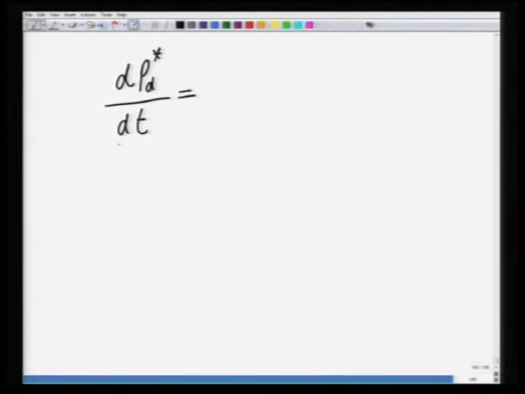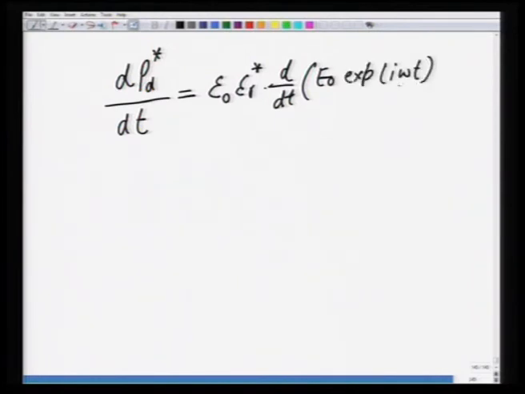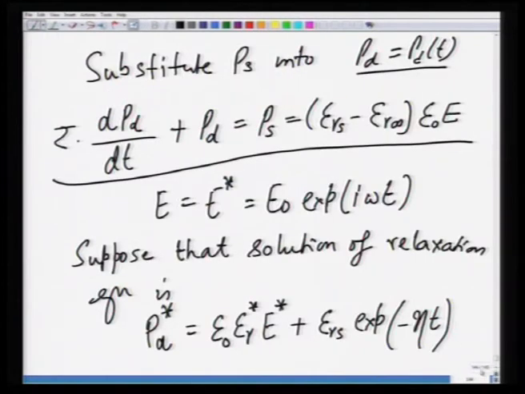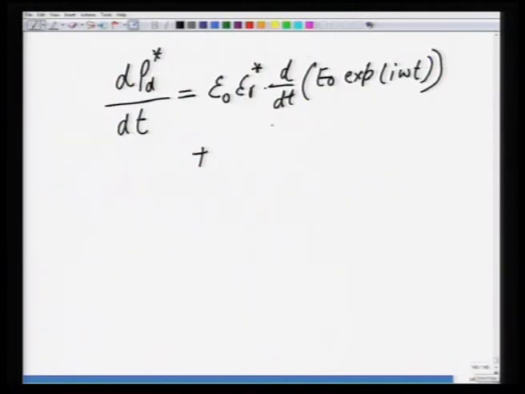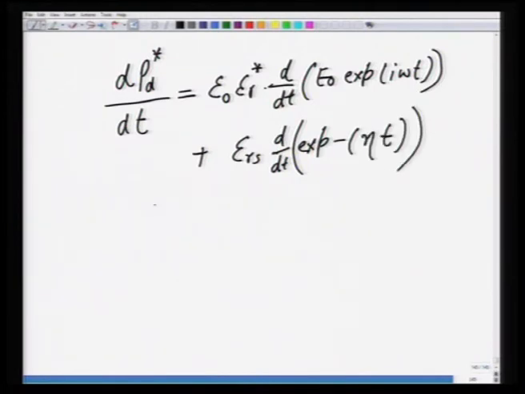So, differentiate P_d star with respect to time. So, dP_d star by dt is equal to epsilon naught epsilon_r star, d by dt of E naught exponential of i omega t plus the other expression, epsilon_rs into exponential of minus eta t. So, when you do that, this becomes epsilon naught epsilon_r star, and since E naught is a constant,